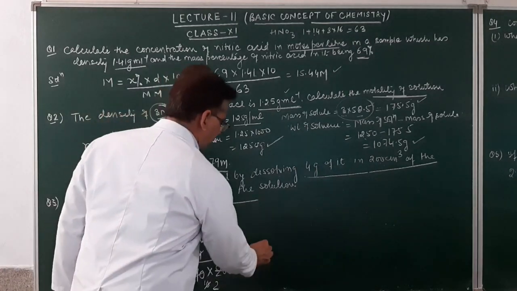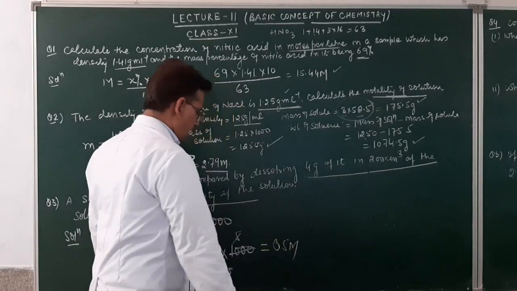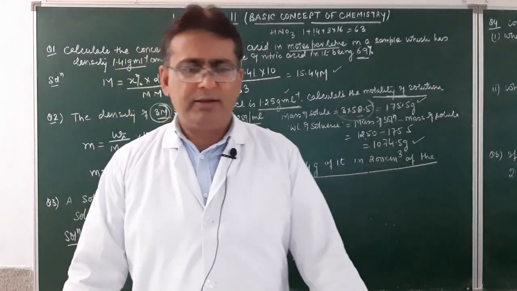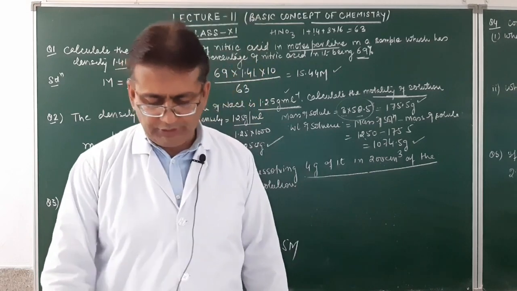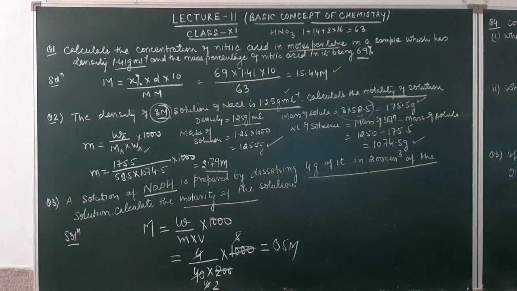So this will come out to be equal to 0.5 molar. Am I clear? So molarity is the number of moles of solute upon volume of the solution in liters. I hope all these questions must be clear. So by now we have done the 3 questions. In the first one, the formula was molarity equal to